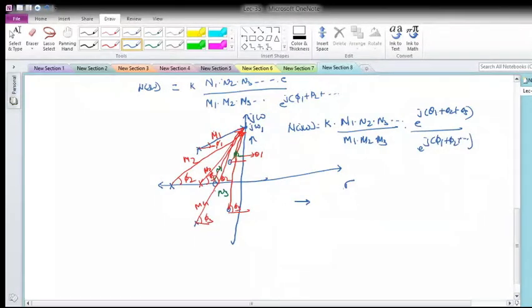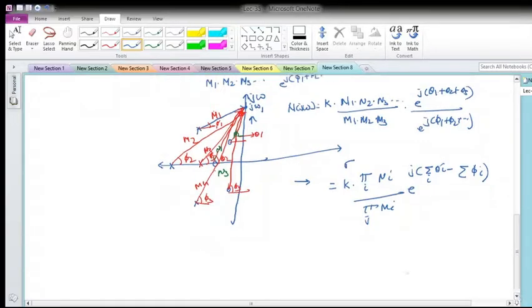Okay, and what will be the resultant? Then I can write it as the running product over i of all the n_i, divided by the running product over i of the m_i, and the resultant angle is the summation of all the angles made from the zeros minus the summation of all the angles made from the poles. Okay, so this will help me see pictorially the shape of the network function, that is the amplitude and phase response, for each frequency, that is omega 1.